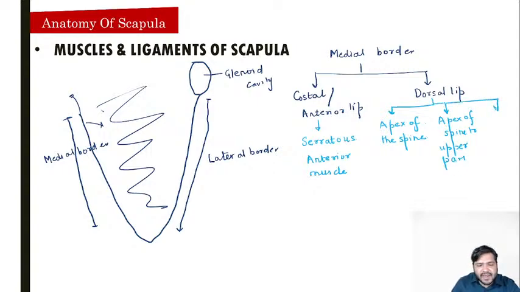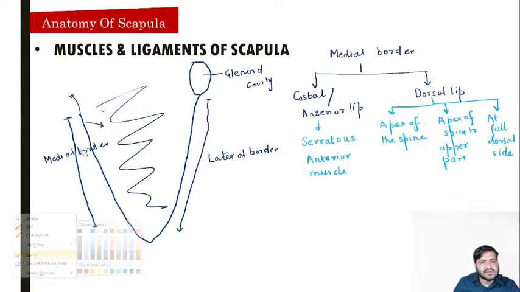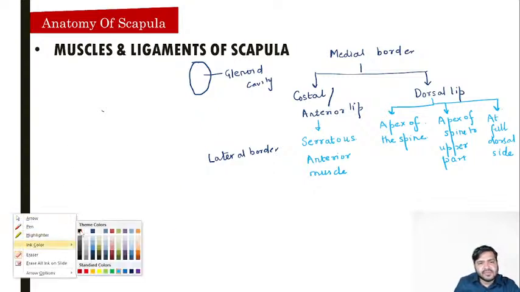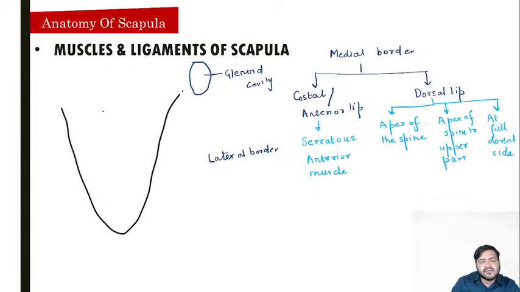and apex of spine or at full dorsal side, at full dorsal side. Now just try to see the diagram over here. First I'll try to make a hand-drawn diagram for you guys. You can see that suppose this is the medial border, और this is